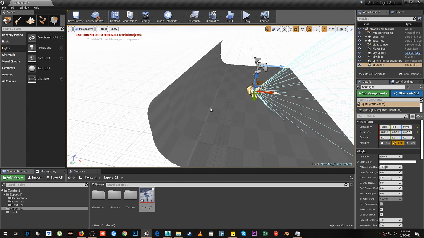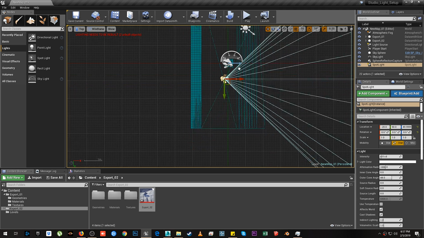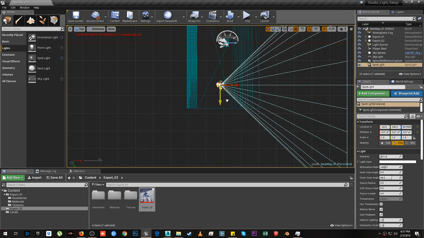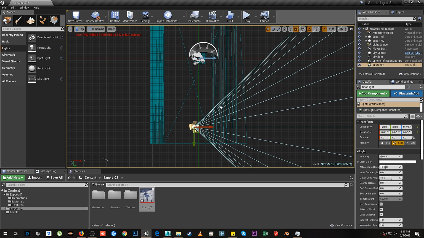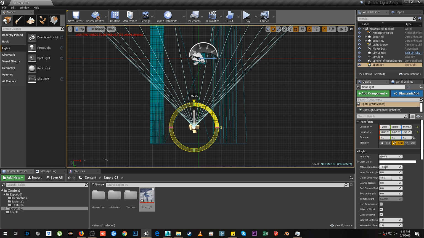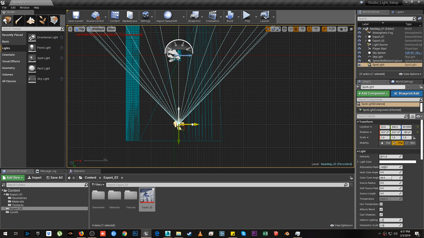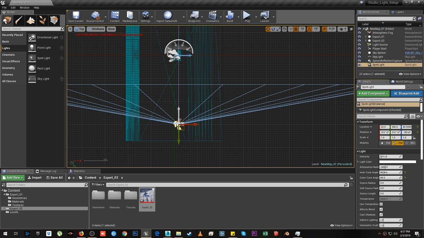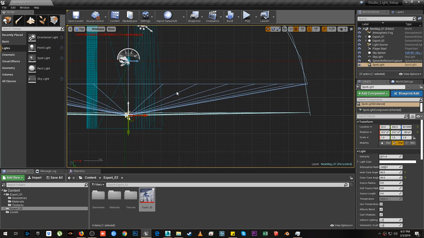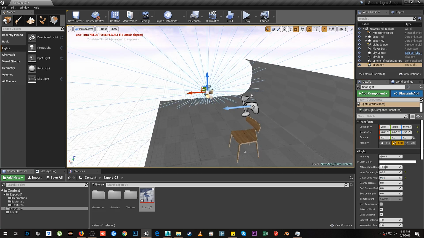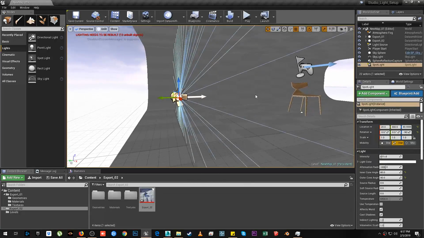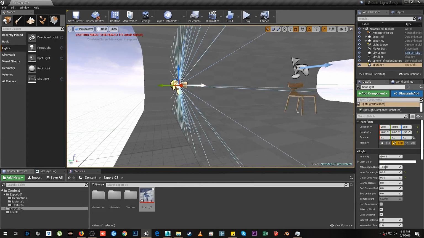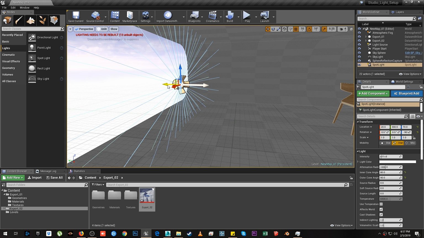As you can see, I will go into top view by pressing Alt J, and then I will rotate the spotlight 90 degrees, and then I will set the inner cone angle to maybe 90, and 80, and then 90. So as you can see, this is the way I have set the spotlight, and I will just clone this spotlight